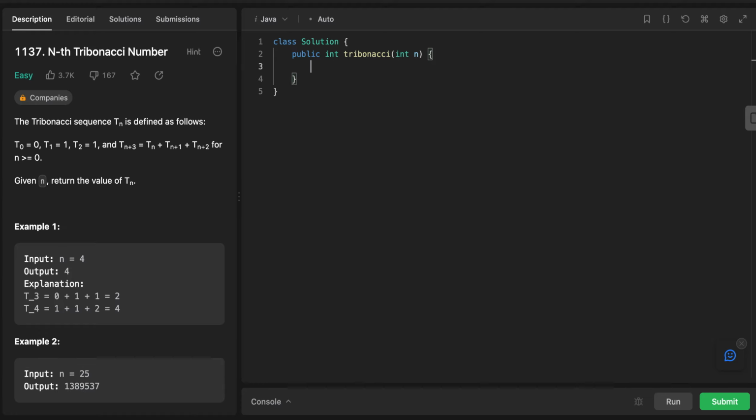So first things first, we can create a DP array, allocating some space for the given n, because in the end we'll be returning DP's n value, and DP will hold the answer. Since all those base cases are given, let's write. So basically we are just taking this formula